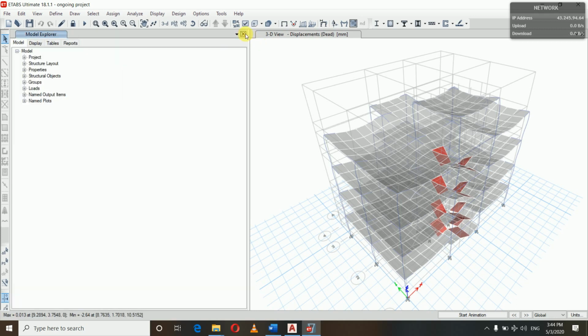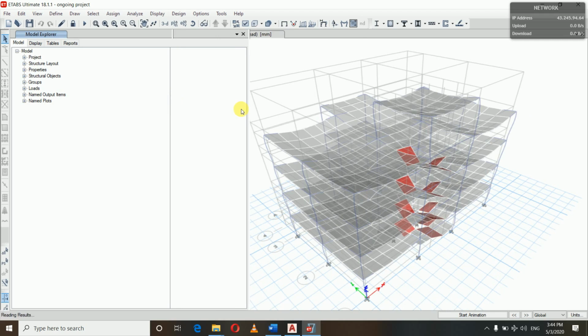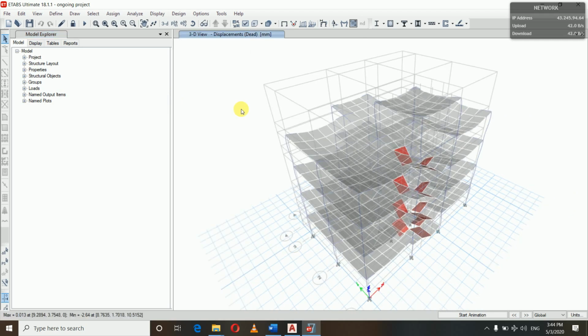So we have checked one thing, and now we need to check the center of mass and center of rigidity. You all might know what center of mass and center of rigidity are. Center of mass means a point where all the load, all the weight of this floor is assumed to be concentrated, acting on this point downwards.